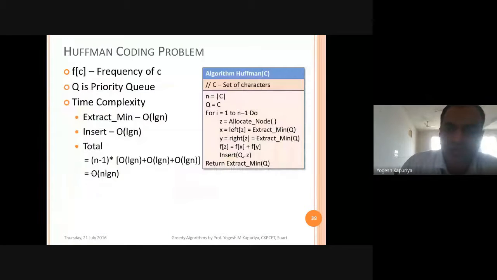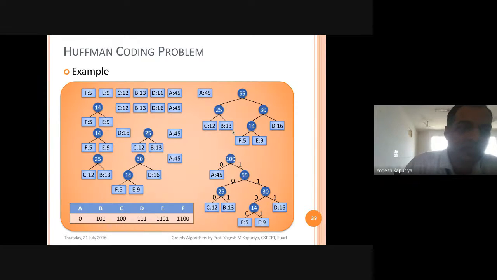So what we are doing here, I think I'm saving lines, but to properly understand that, let's say you have extracted some element from the queue. Extract-min is a function which allows you to do that. So extract-min will extract something called x. Then again you extract another element from the queue, and you call it y. Now you have the values of x and y, something like here you have the values of f and e.